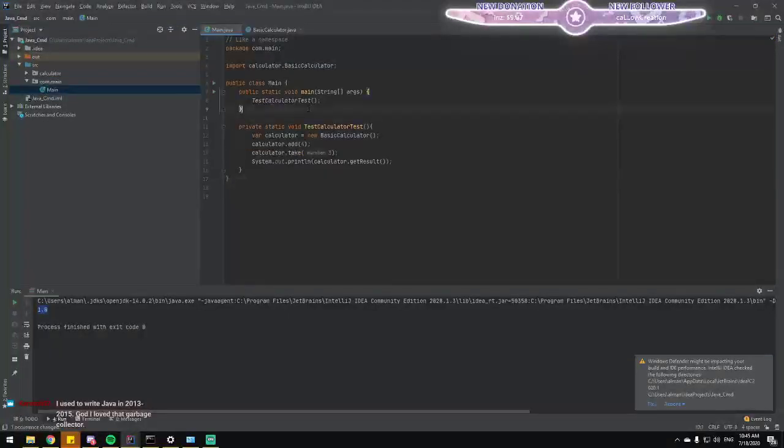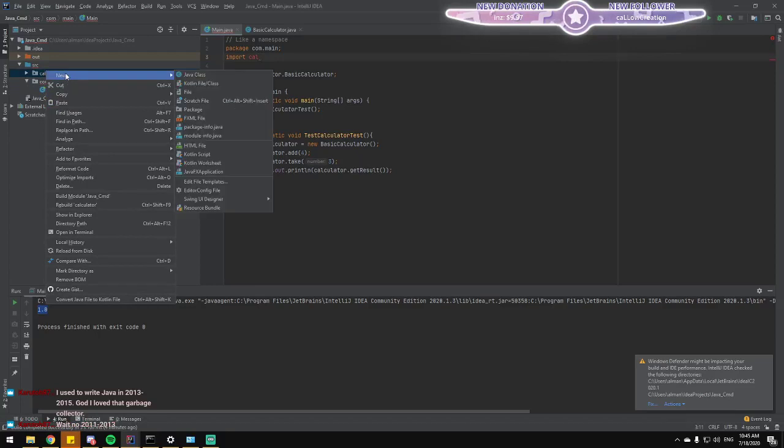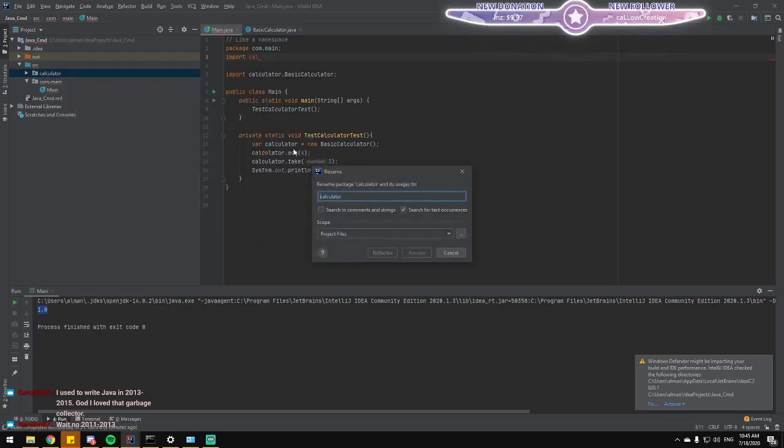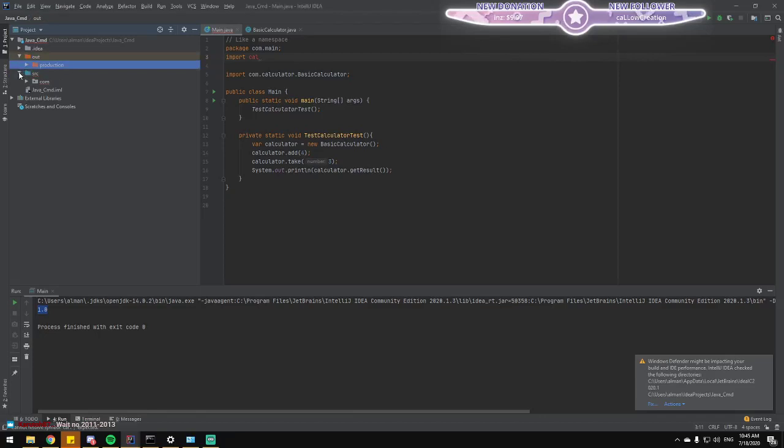So, right. So I need to import now the package of calculator. Oh no, it's com. Does anyone know why com is necessary for the package name? Oh no, I messed it up.